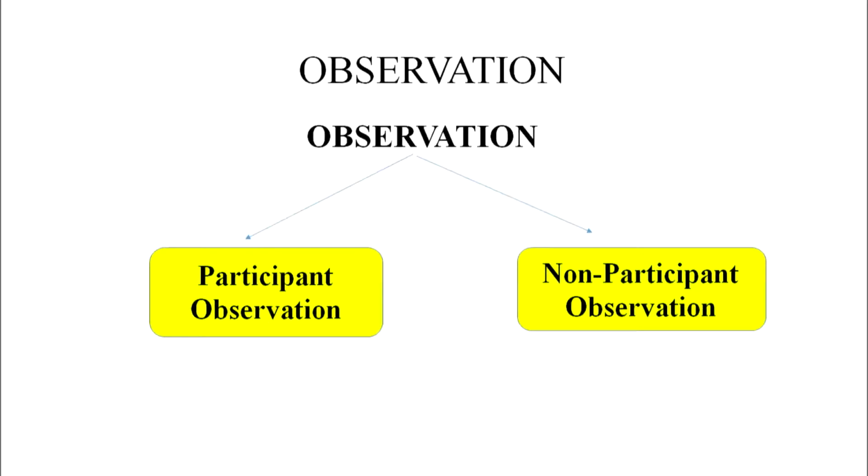Now learners, let us find out what the kinds of observation are. When we look into the observation method, we see it can be participant observation and it can be non-participant observation. Participant observation is a method largely used by many sociologists, and it has been very successful in ethnographic research and with social anthropologists who try to understand tribal language, tribal behavior, and tribal cultural patterns. So how do we understand participant observation?